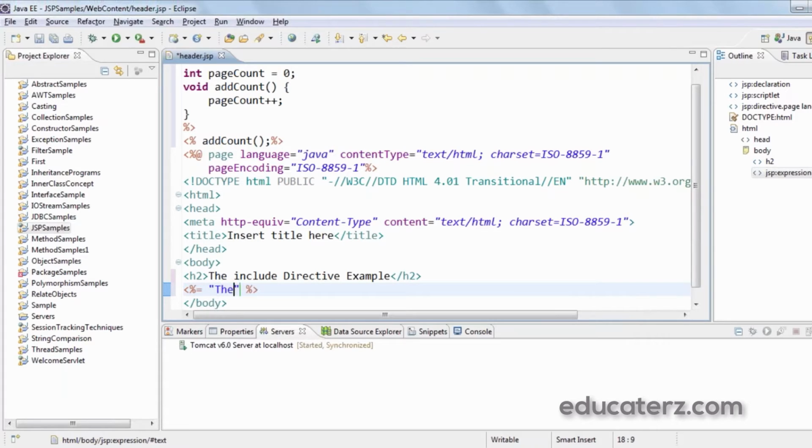That is, the page is visited for, and I simply write the page count.